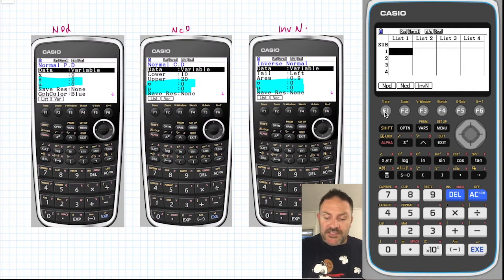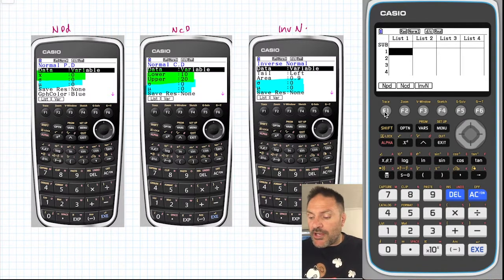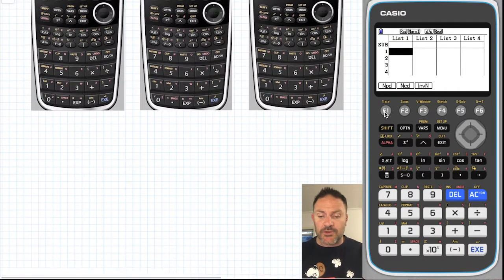The only real difference is, for the NPD, like I said, you only have one score. For NCD, you have the range of scores, the lower and the upper. And of course, the inverse norm, you're looking at the area because that's the probability. So you're given the probability, we're going to reverse that to find one of the scores. And of course, we are asked to find the tail, whether it's left or right, and we'll explain that when we get to it. So I think the best way to look at this, gents, is to look at an